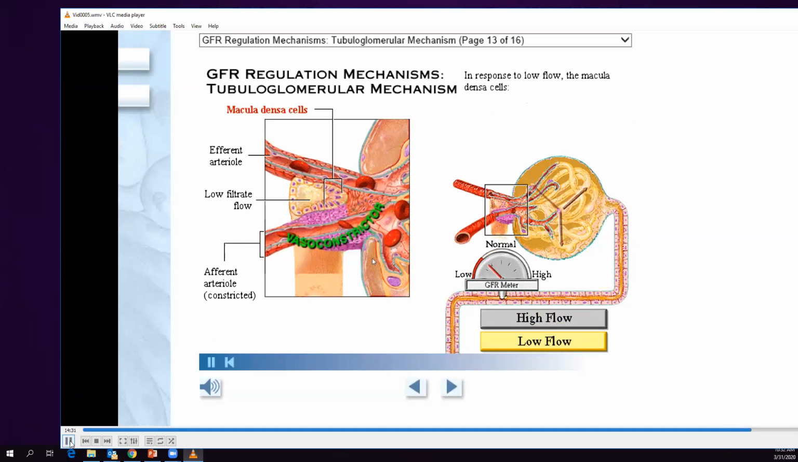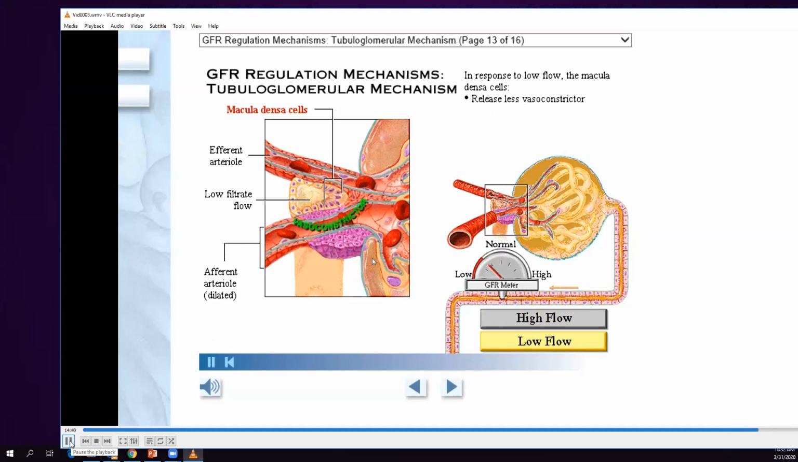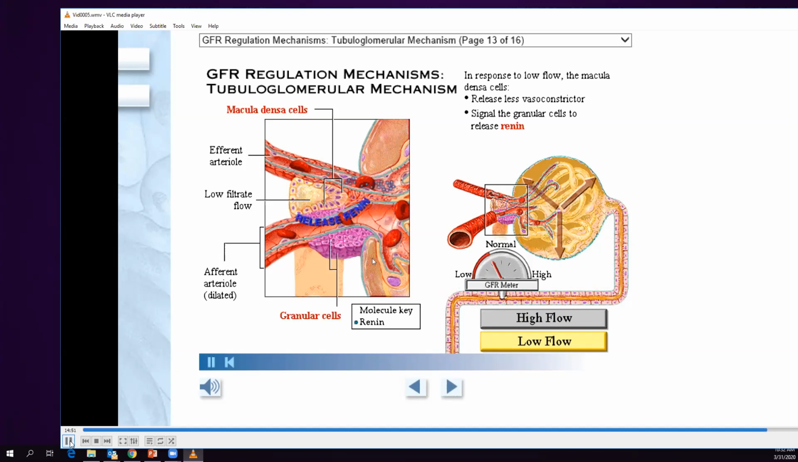In response, these cells initiate two effects. One, they decrease secretion of the vasoconstrictor chemicals. This leads to dilation of the arteriole and so increases blood flow, glomerular hydrostatic pressure, and the GFR. And two, the macula densa cells signal the granular cells of the afferent and efferent arterioles to release renin into the bloodstream. Okay, so make sure you write down this by that question, because it asks you what the high